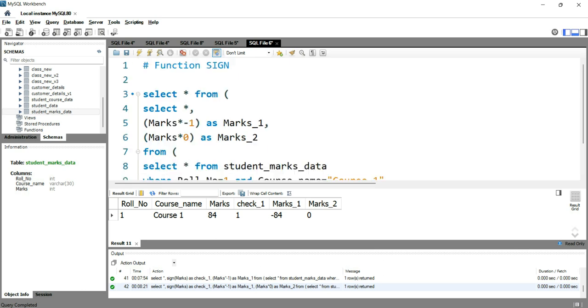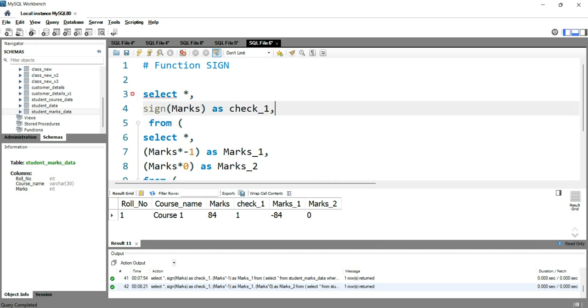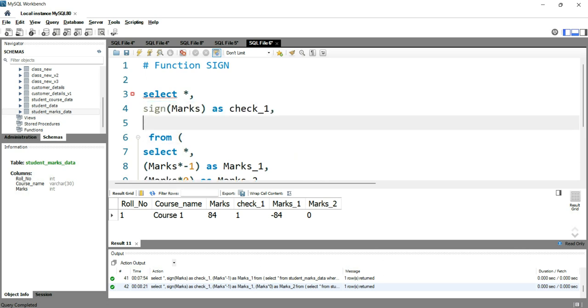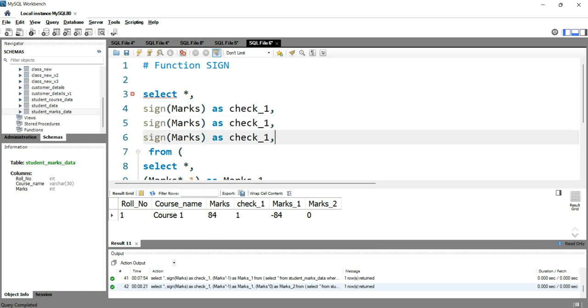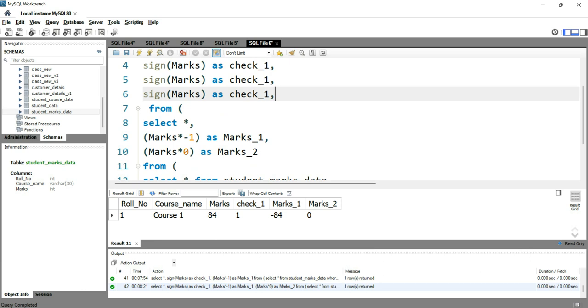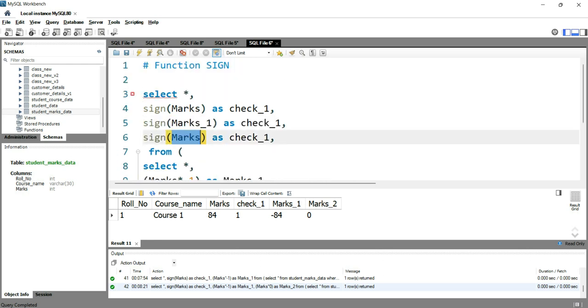After this star we'll simply put sign of marks as check1. Then again I will just copy paste this line, sign of marks 1 here and marks 2 here, and let's name them check 2 and check 3.